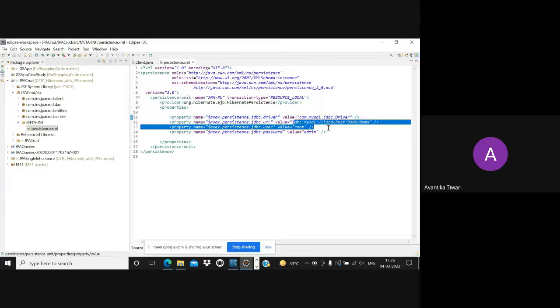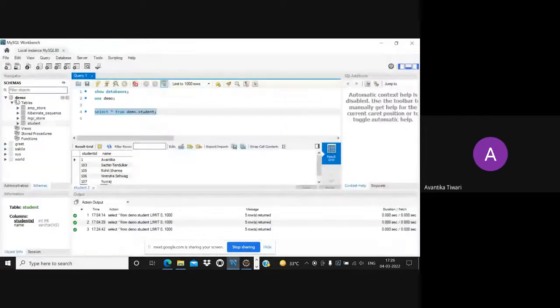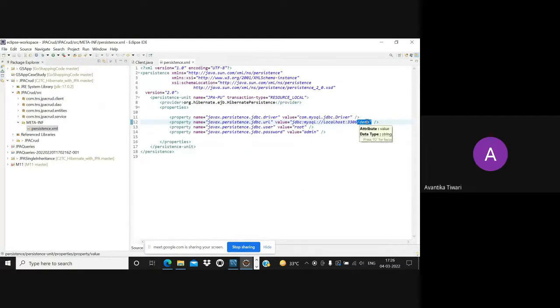Then this is the URL. And here is my database name. You can see that my database name is demo, which I have highlighted over here. Same, I have mentioned over here as well, demo. Then this is my ID and this is my password.